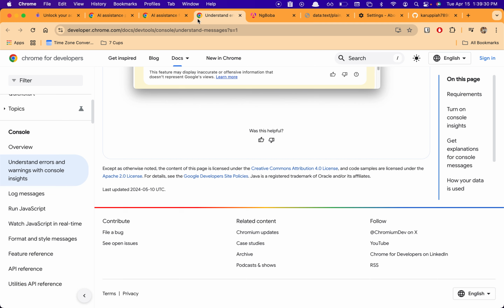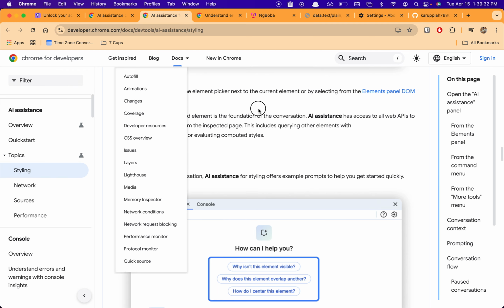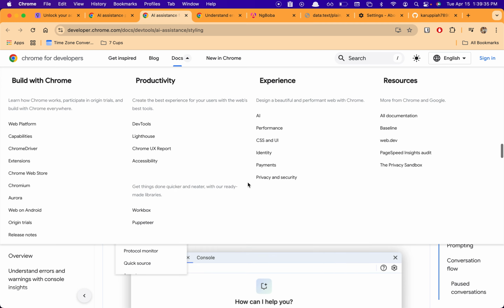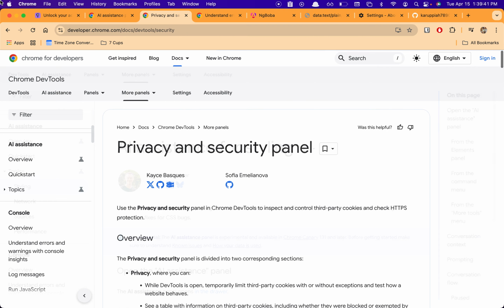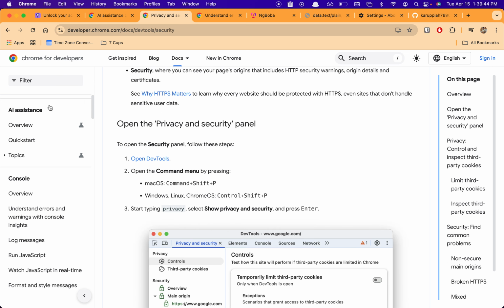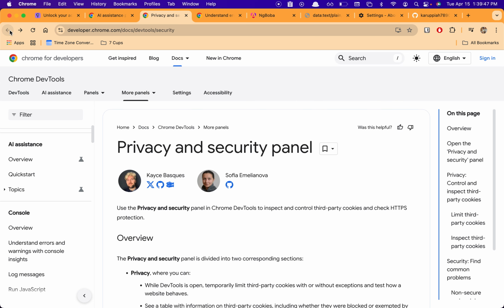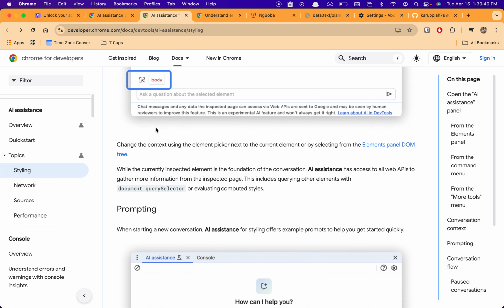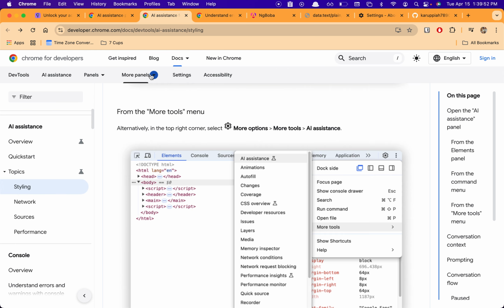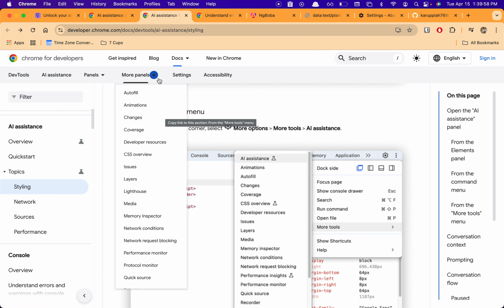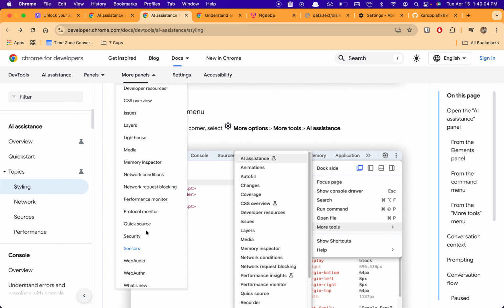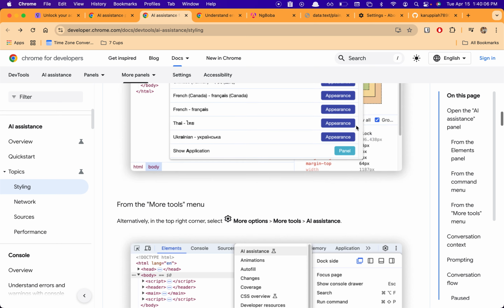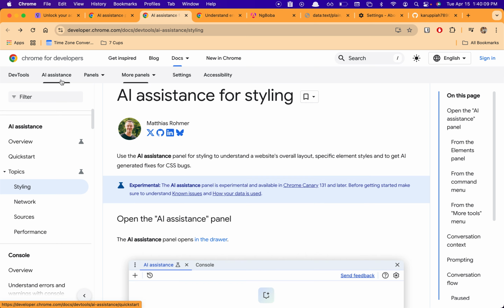So what else? So you can give... Oops. Not security. So it looks like there are more elements, like security and whatnot. So in AI assistance,